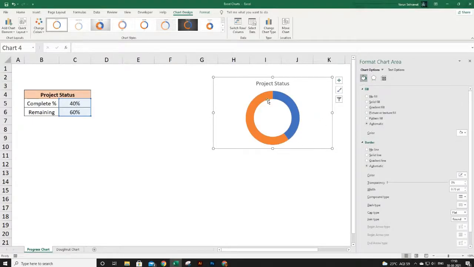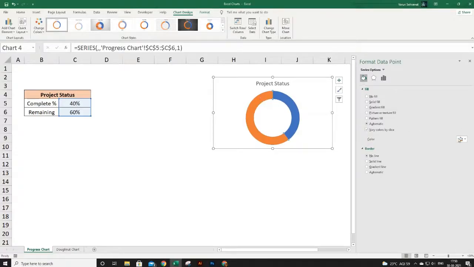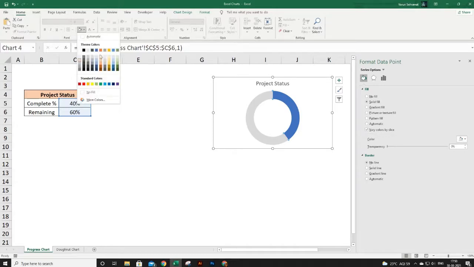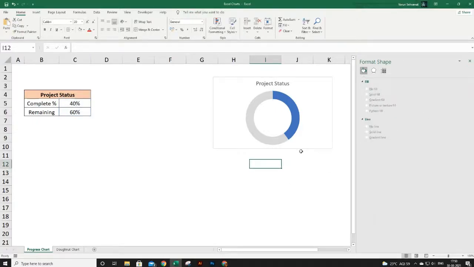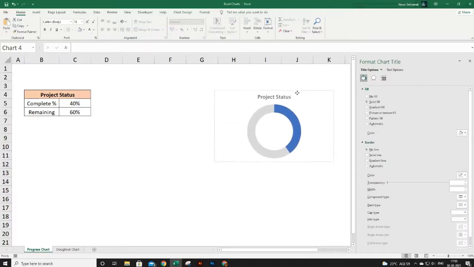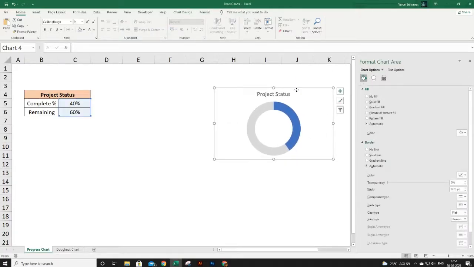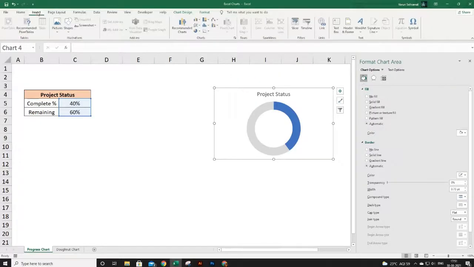Let's adjust the color. This orange color is the remaining series, so I want to show it in light gray color. Choose a light gray color from here. You can also change these colors from your home tab and this option. Let's also add our percentage completion right at the middle of this circle. So here is a tip. If you want to add any additional content in your chart so that it moves with the chart when you move it, you need to select your chart first and then go to insert.